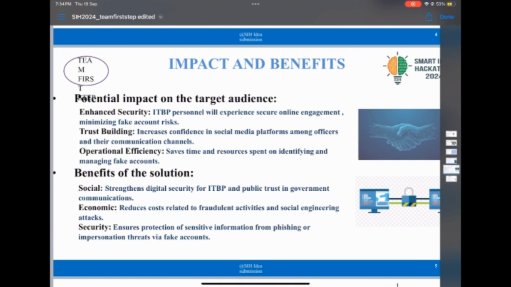The market for this is vast, with significant growth opportunities, especially in sectors focused on national security and cybersecurity. As there are over 3 billion active social media users globally, there is an urgent need to safeguard platforms against fake accounts, misinformation, and cyber attacks. Our solution's feasibility is supported by our use of AI and ML, which are easily scalable and adaptable to new